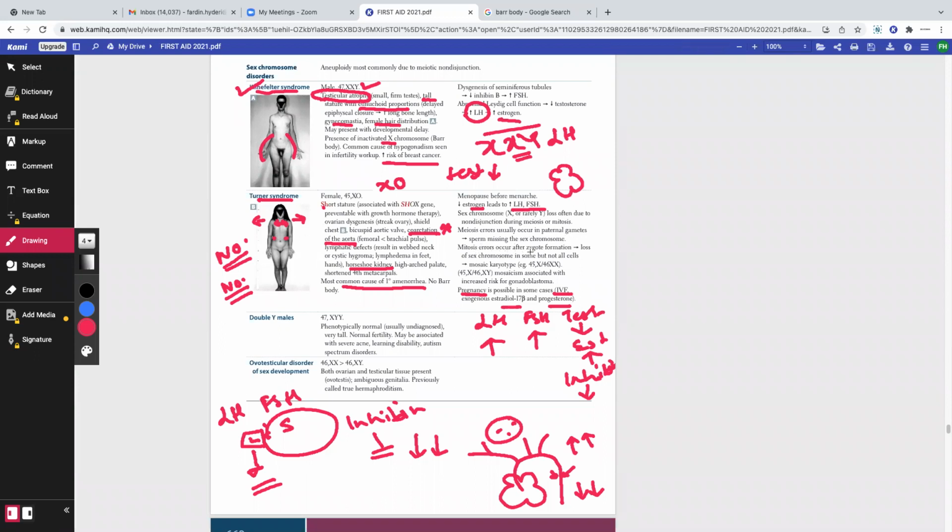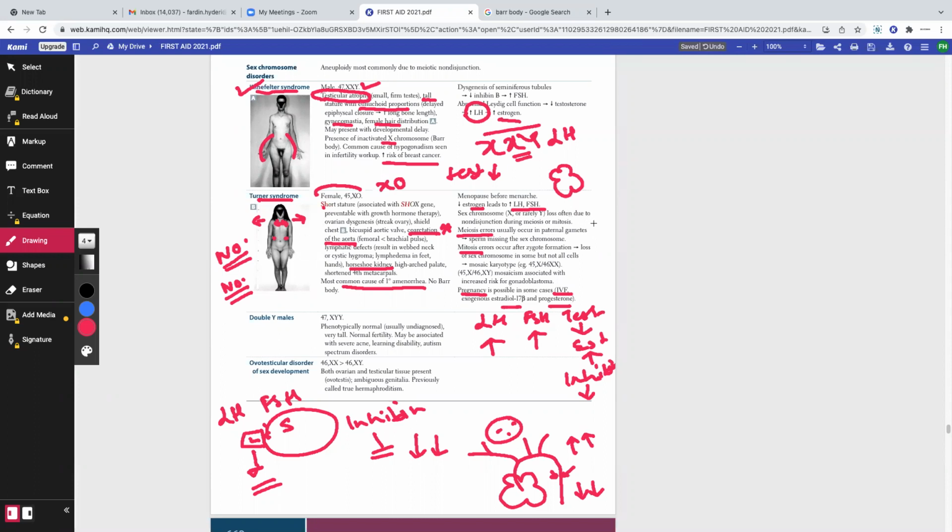Mitosis errors occur after zygote formation, with loss of a sex chromosome in some cells, but not all cells. Basically, what they're trying to tell you is: why do we have Turner syndrome? Why is the X chromosome missing? The answer is that there could be two errors, one at the level of meiosis, another at the level of mitosis. Meiosis error usually occurs in paternal gametes, meaning that on the father's side of the gametes, if